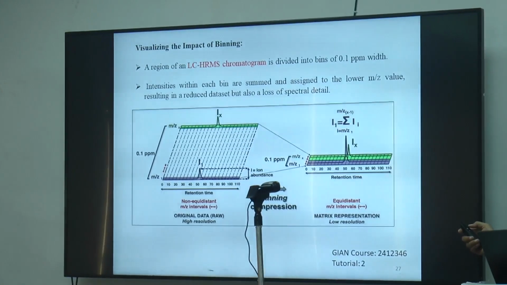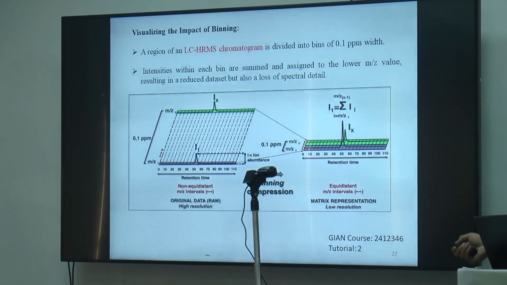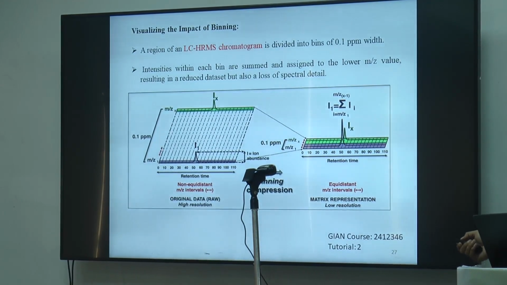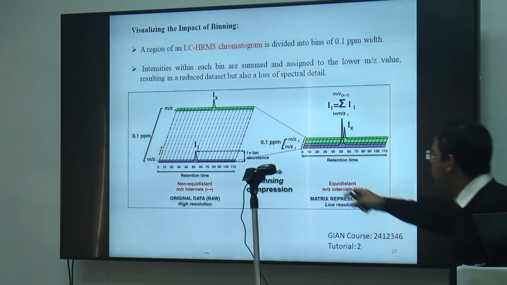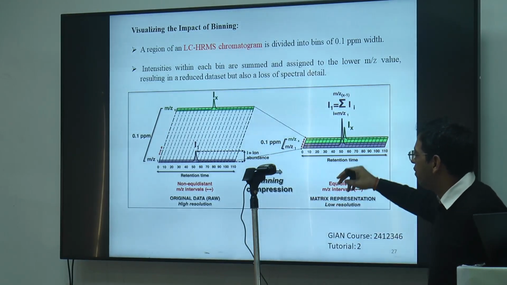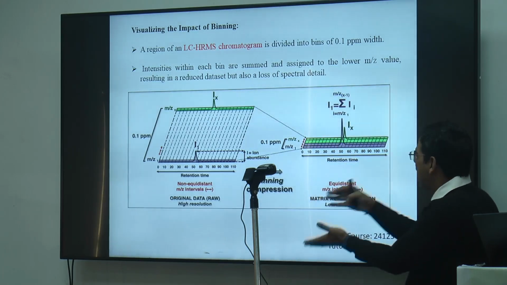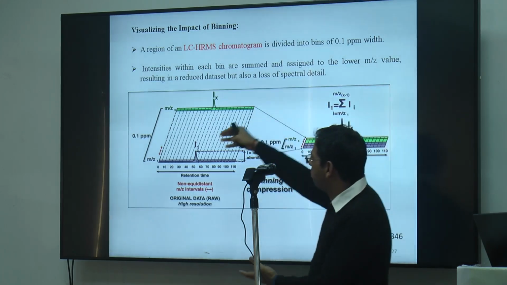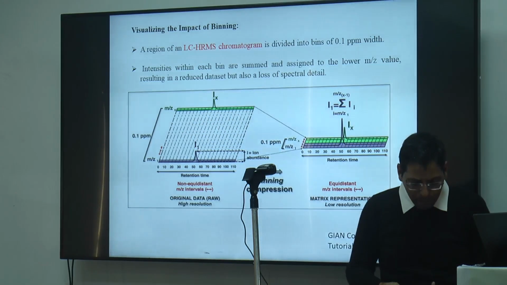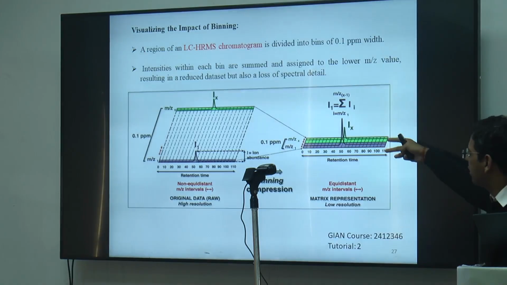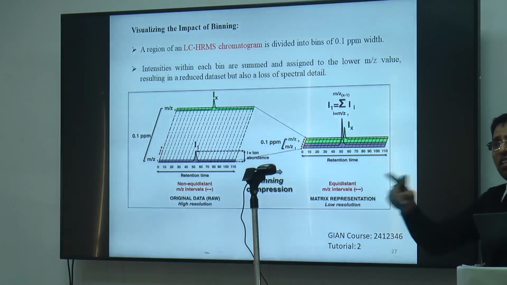So this is the raw data that is present here, 0.1 ppm. Now this is the MZI and this is the MZ total. And finally we compress the whole data, and now these are the two different peaks. This is the I and this is the Z. When you compress the peaks, you will find this type of compressed data which has the same